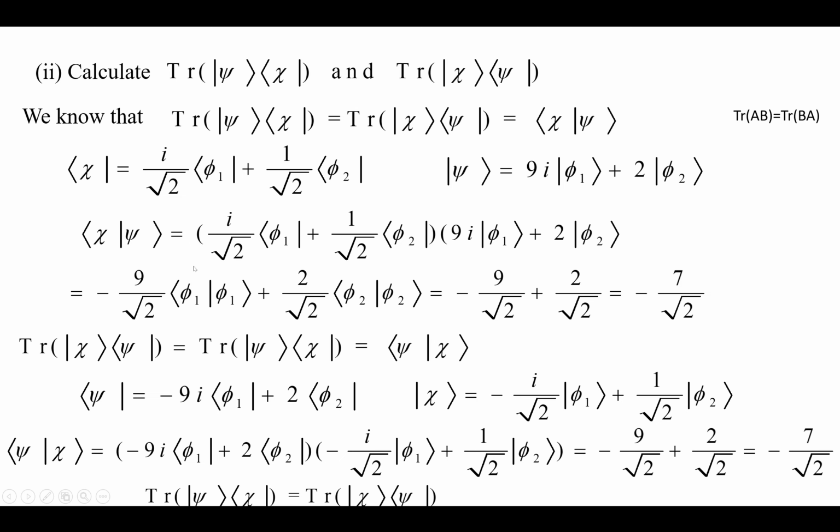So that will give you the answer as minus 9 by root 2 phi 1 phi 1 plus 2 by root 2 phi 2 phi 2. And of course phi 1 phi 1 will give you 1 and phi 2 phi 2 also will give us 1. So we will get minus 9 by root 2 plus 2 by root 2, which is equal to minus 7 by root 2. Now we will go for the trace of